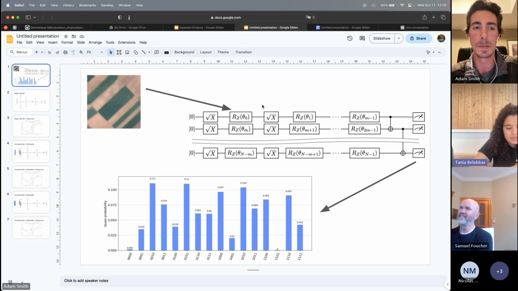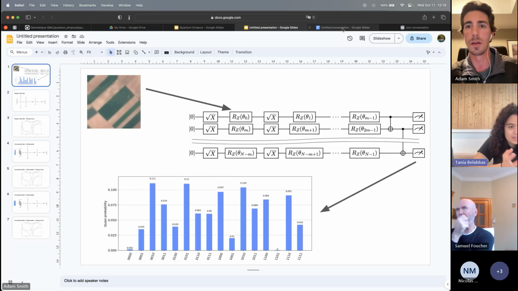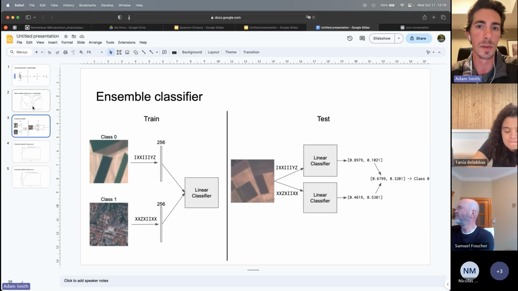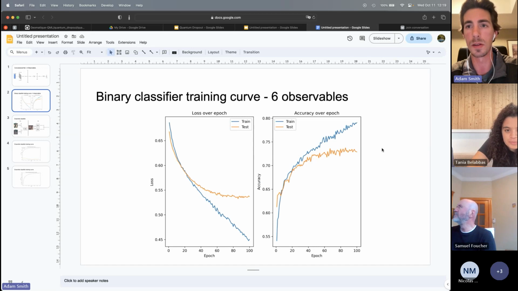And do you see any difference with using just 2 classes? Do you see any improvement or not really? Because I guess you don't see the difference between 2 observables. Yeah, not really. So this was the same as I did last time, just with 2 instead of 10 classes. And we're still getting, at most, 74% accuracy.